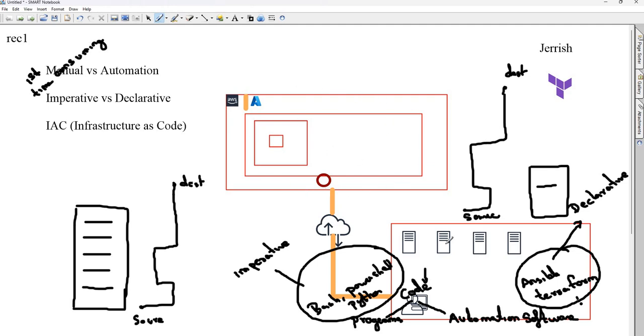Traditionally, all the infrastructure were in physical data centers. Nowadays, most of the companies depend upon cloud, and this infrastructure can be created with the help of code. So if you write code to build the infrastructure or manage the infrastructure, that is considered as infrastructure as code.